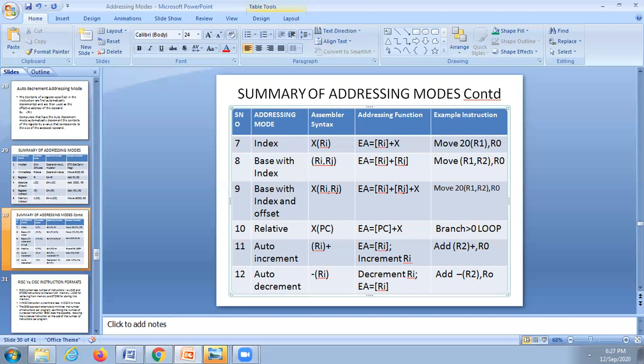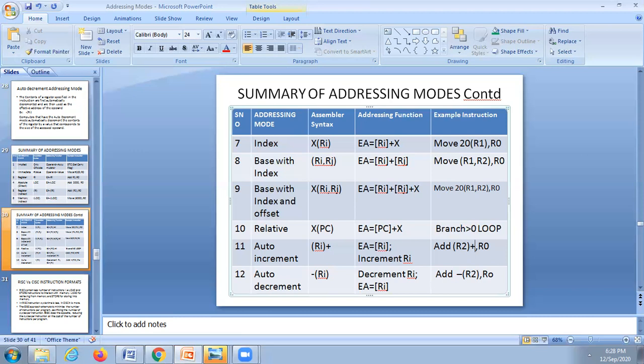Then what do you do in the next case? If it is an integer, at address 1002 some data is there. You take that data, and it is added again to R naught, and the result is stored in R naught.